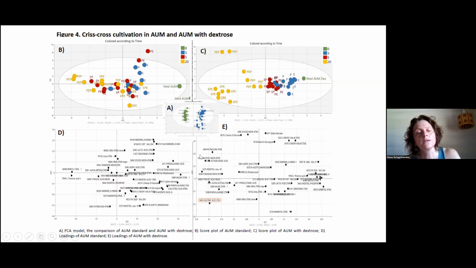And below here, D and E, these are respective loading plots to these score plots B and C up there. And if you look at how to read those plots, they're going together. The score plots and the loading plots should be read together if you want to understand what kind of metabolites are responsible for clustering. And if you look at the clustering of this Escherichia group, then it is sitting in the same place as the succinic acid, which is a metabolite probably responsible for separation of this group. And so we'll look more closely at the succinic acid in this experiment,